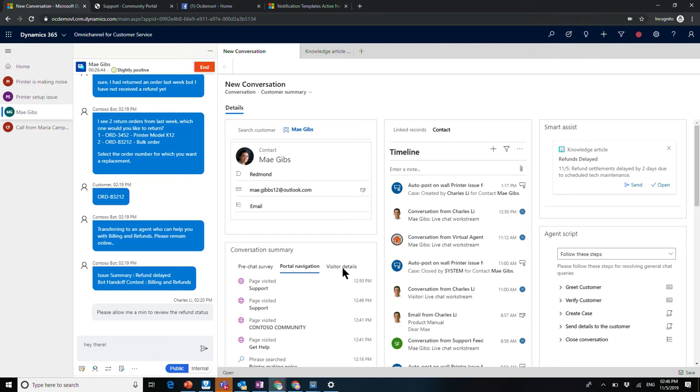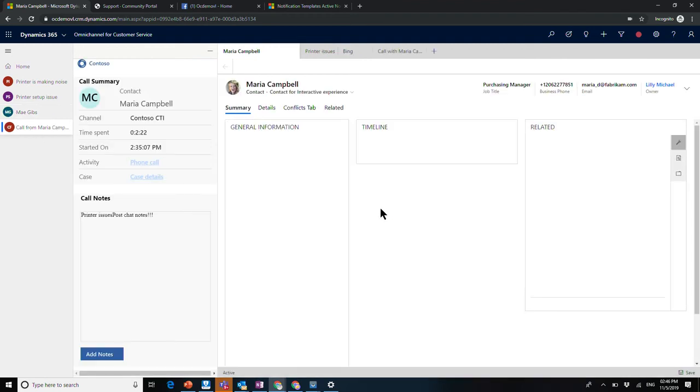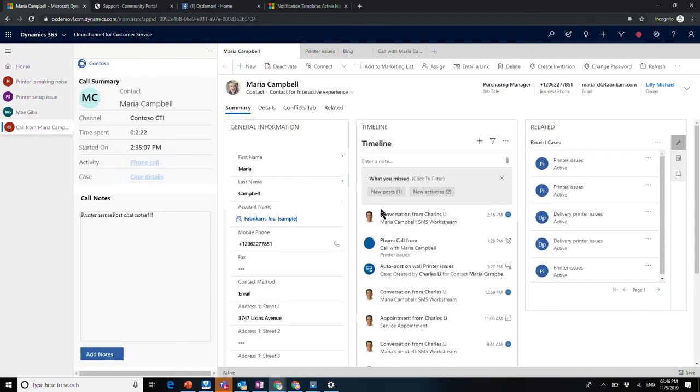Great question. The CIF V2 at present is predominantly client layer extensibility. So all of the things that you were seeing here, you can switch to Maria Campbell as well for that case. This widget is the only place where the interaction is happening between Dynamics and all the routing that is happening on, let's say, the Genesis side.